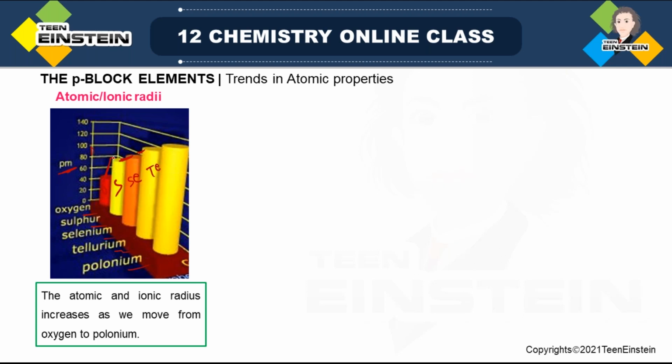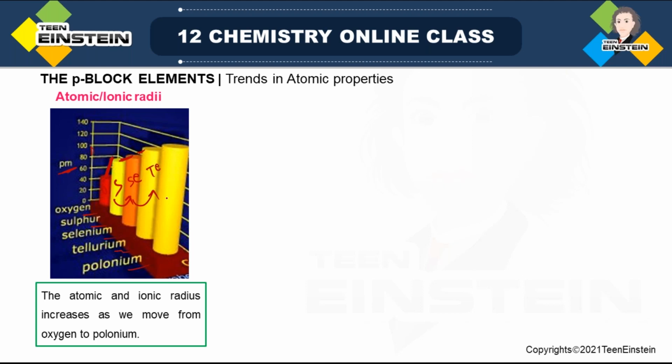So I'm trying to say only the first two elements there is bigger difference. Now what is the difference? Why is it so? Again the same reason. When you are moving from oxygen to sulfur, there is no presence of d electron. So there is increase in the value of atomic radii, and it is only because of this extra valence shell addition. But when you are moving from sulfur to selenium or selenium to tellurium, there is also extra valence shell